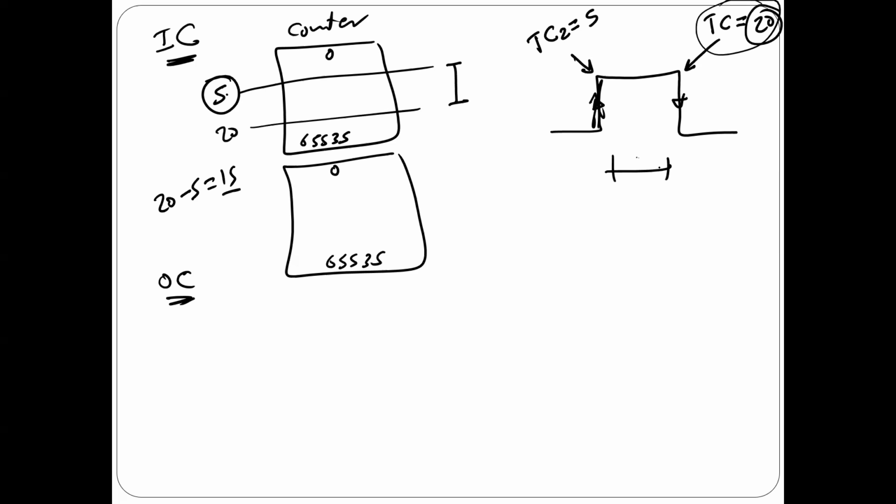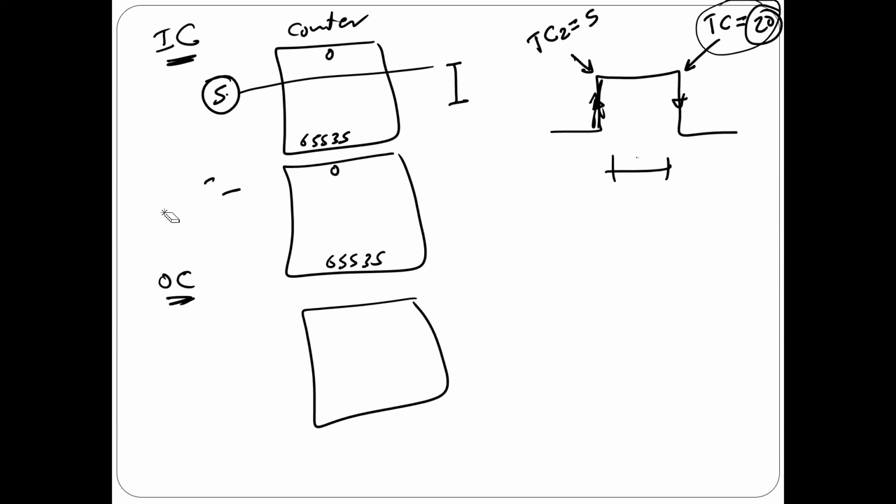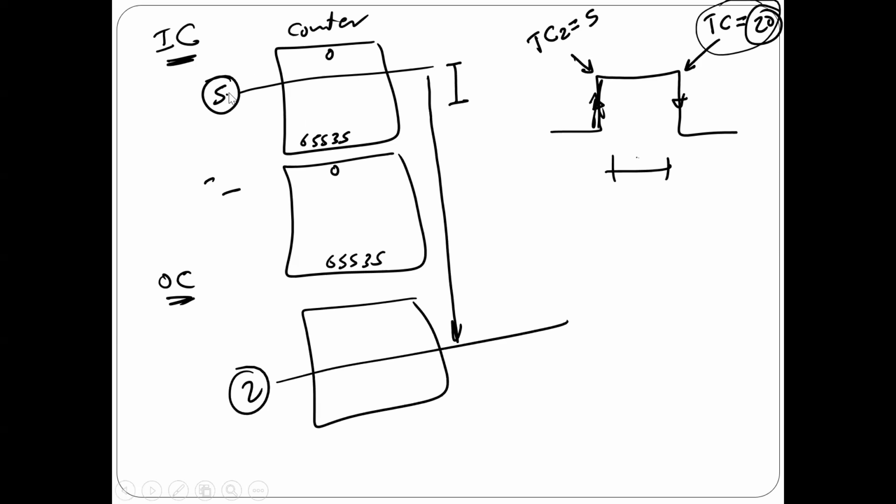If it is big, for example, I'm going to delete this one and start here from 4, and then go all the way and end at 2. You got what I'm saying? Because it's a long time, I counted from 5 until 65,535, then went to 0 again, counted another 65,535, went to 0 again, and then the second one came at time 2. If you do subtraction, you will find 5 take away 2. That means it took minus 3 counts. Doesn't make any sense for sure.